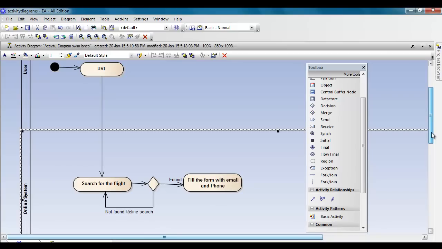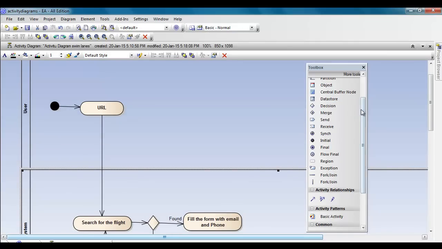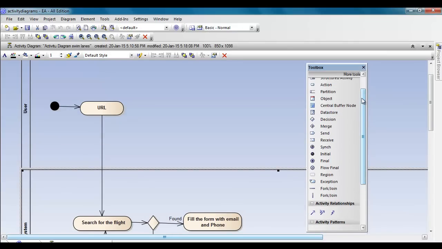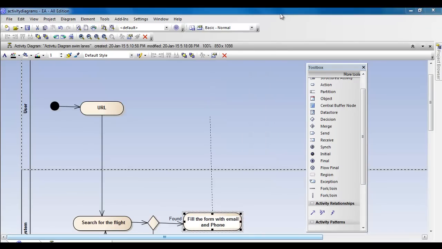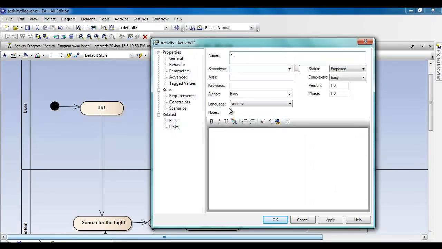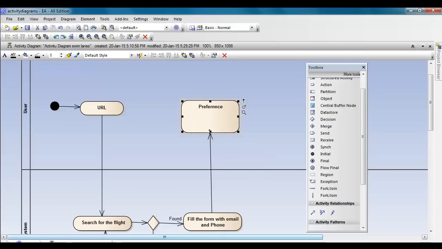and after filling the form, what we need to do is actually look at the preference of the person. So we can move from here, and I can select from the activity control flow, and I can say preference. Okay, and that being said,